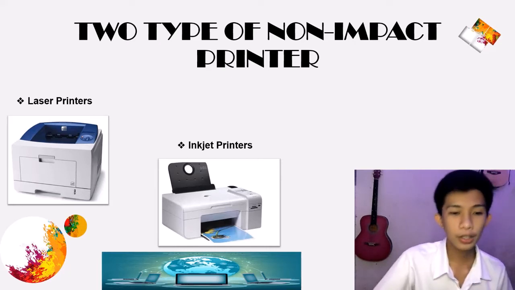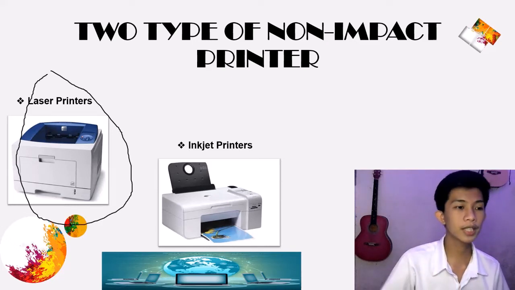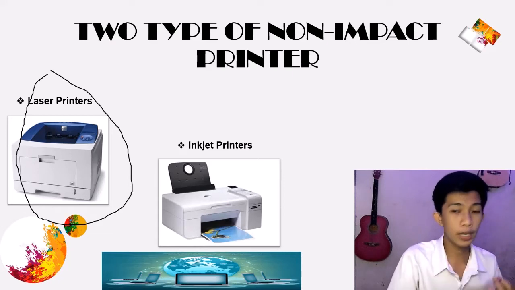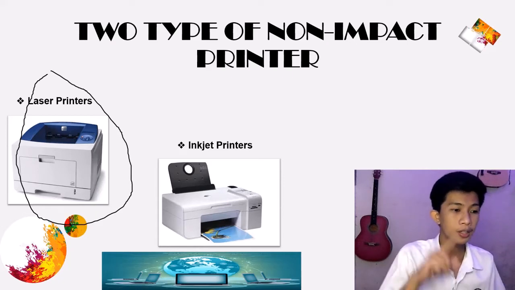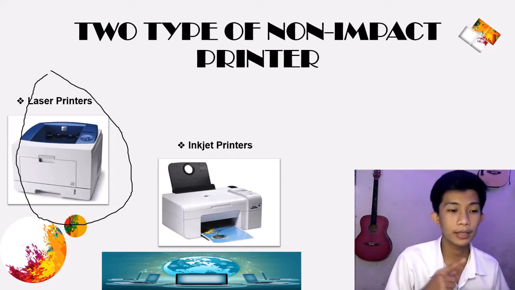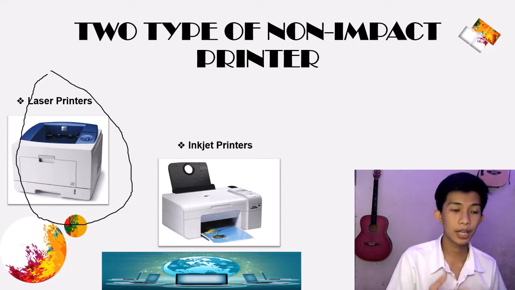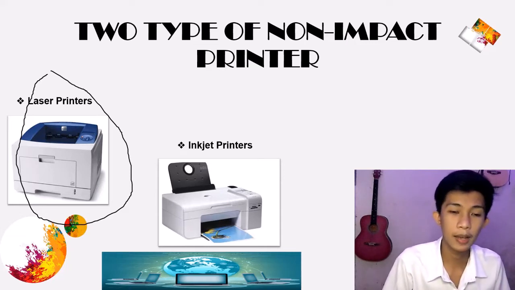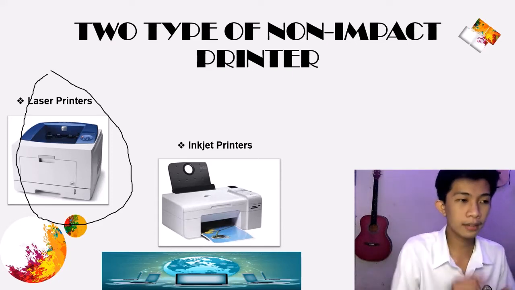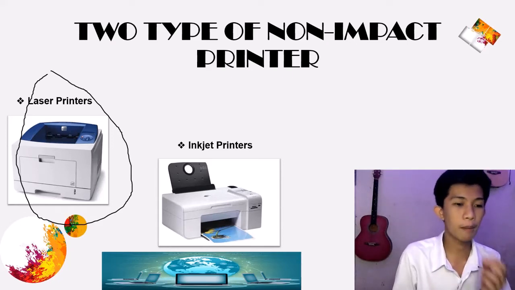Yung advantage nito is very high speed, very high quality, and good graphics quality. And yung disadvantage naman niya guys is expensive siya, and cannot use to produce multiple copies of a document